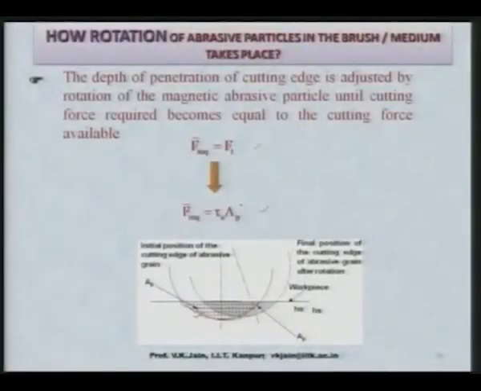So, what will happen is that this abrasive particle will try to rotate in such a fashion that in place of H s, the depth of penetration, it comes lower and becomes equal to H s dash. That means it rotates and attains the position like this, where H s dash is now the new depth of penetration, which is smaller than H s, then the